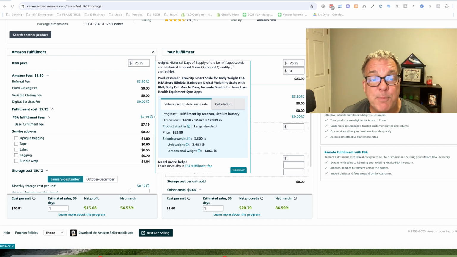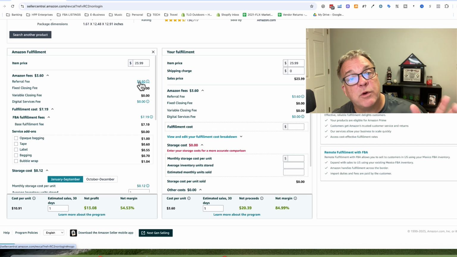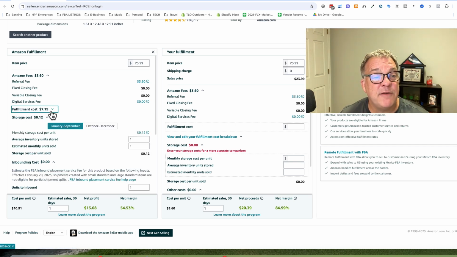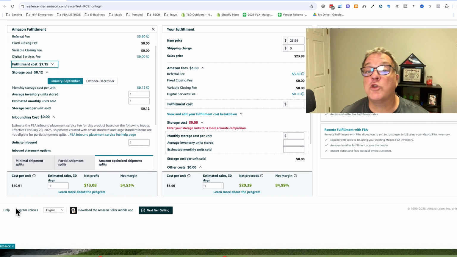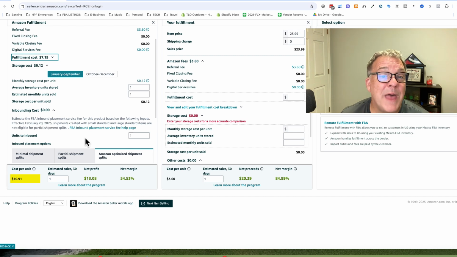And at 3.5 pounds, it costs $7.19 to fulfill that. So when you take your commission, Amazon referral fee of $3.60, the $7.19 fulfillment cost here, and the storage cost of 12 cents, you have a total cost of $10.91 per unit